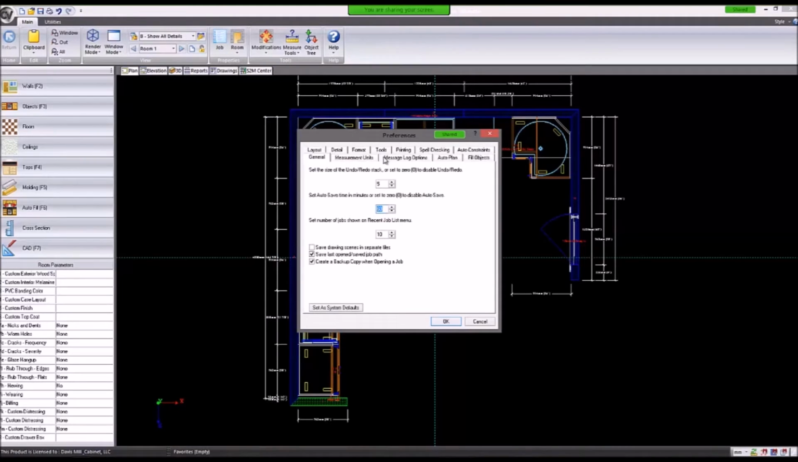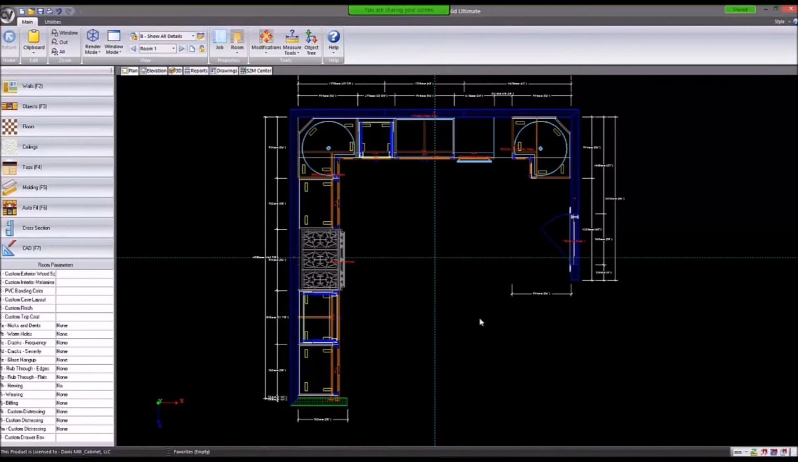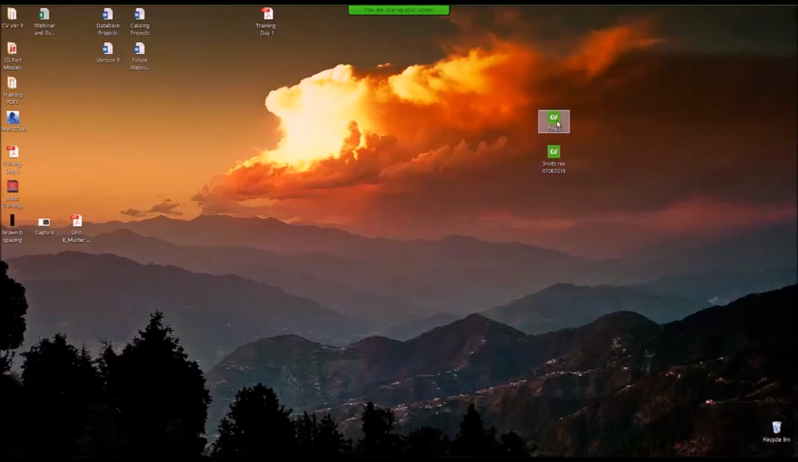I tend to save often, so I don't worry about the autosave. I don't like it surprising me with a save when I'm right in the middle of something, so that's why I do that. But once that autosaves, the whole point of that is that out here, wherever you saved this